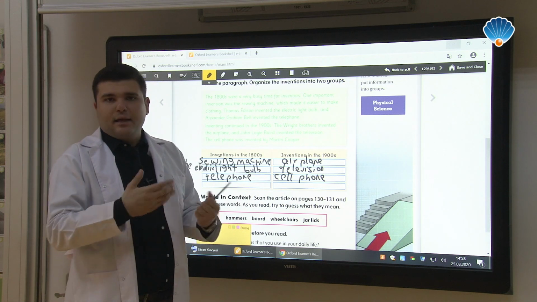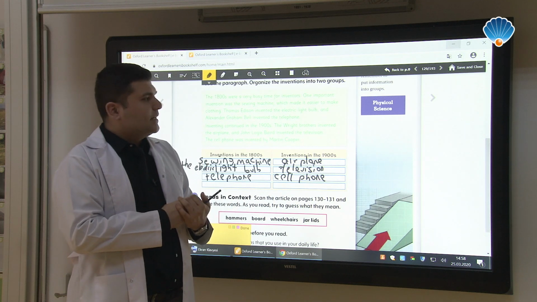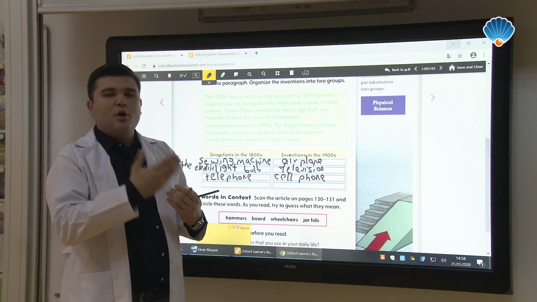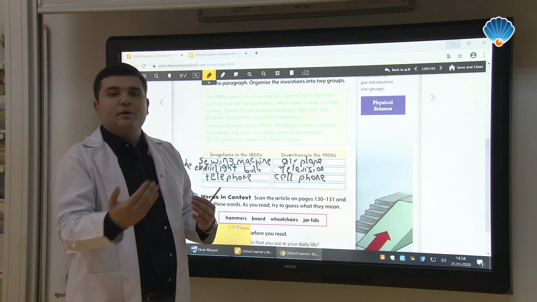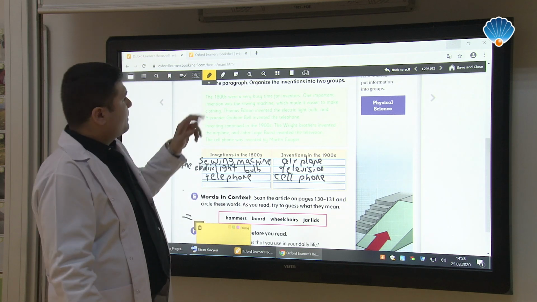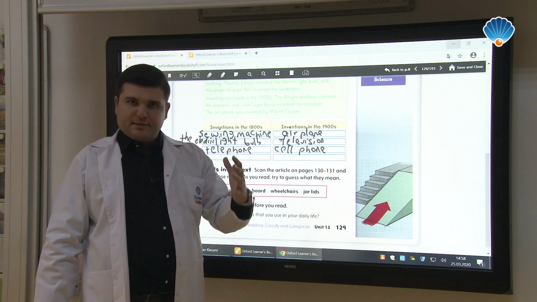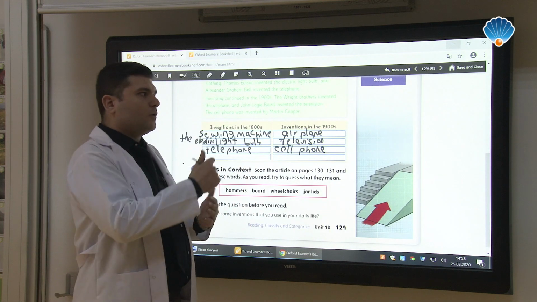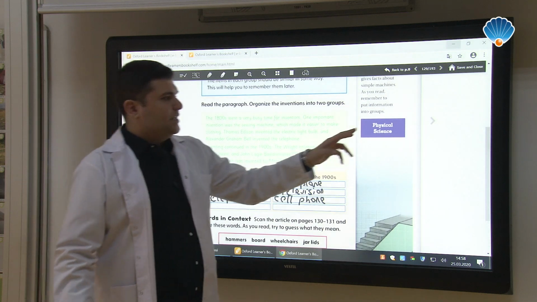And these, as I said before, are the target vocabulary of Unit 13. So it's very important to know all of these things, and it's also important who invented these things. I mean, you should know this. Okay, so now I will move on with the grammar part, and then we will move on with the workbook again. So now I want you to open page